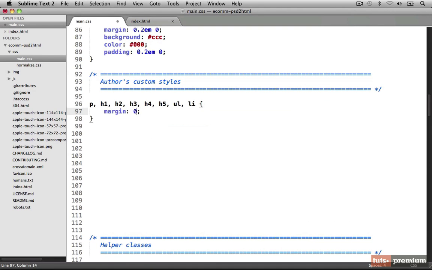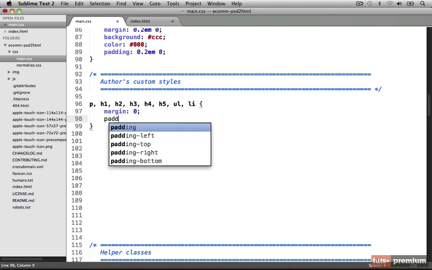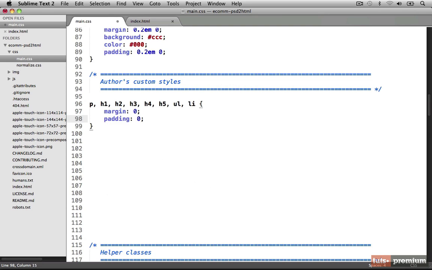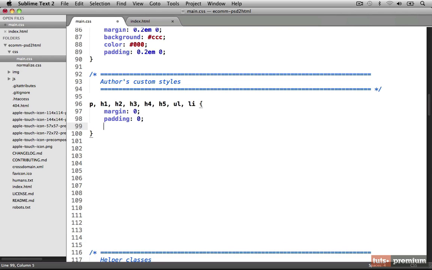So we're just going to set the margins to 0 and the padding to 0 as well. And now to keep the font families as simple as possible, and so that you don't have to worry about going out and finding fonts, I'm just going to set the font family to Arial, Helvetica, and then just the